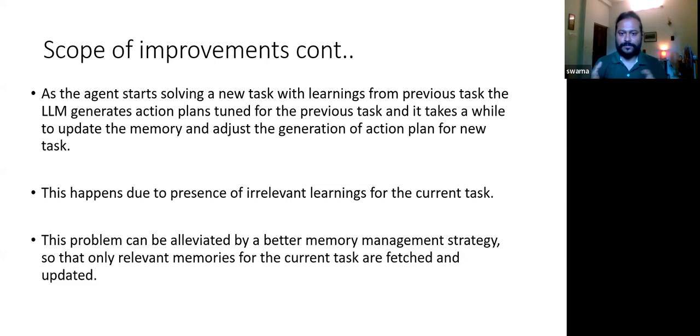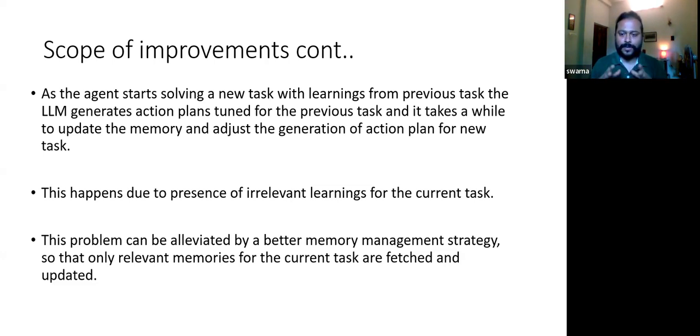But I think there's a better way of doing memory management. We can keep a set of learnings and create embeddings of those learnings. Based on the task, we can select the most relevant learnings using a RAG. I mean, not RAG, but just by comparing the embeddings and selecting the best set of memories from the whole set of memories.